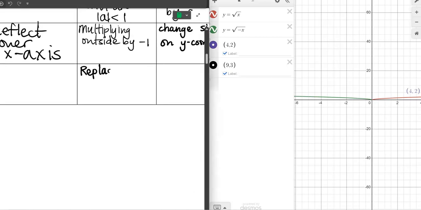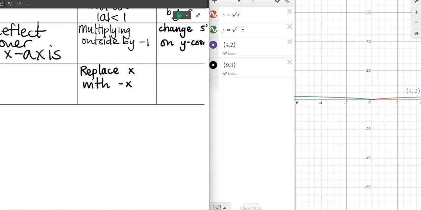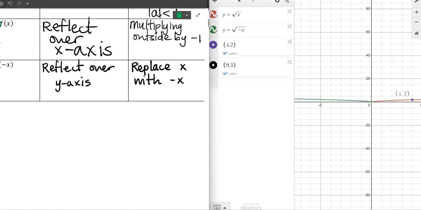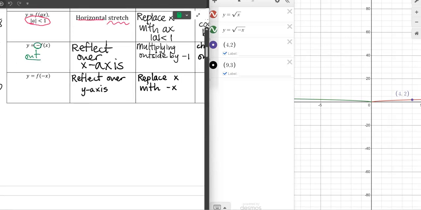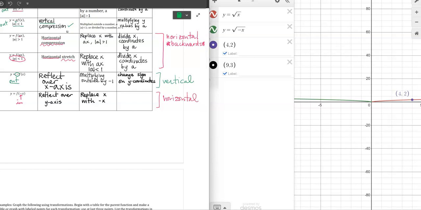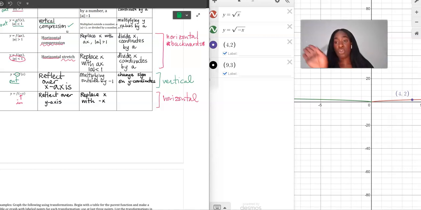And then we'll talk about what we see that happened to the graph to give us the new graph. Well, looking at the graph, we can see that the new graph has now been reflected over the y-axis. The graph flipped backwards, which makes sense to us because this negative right here is happening on the inside of the function. And we know things that happen on the inside of the function happen horizontally. And if you think about a horizontal reflection, something flipping over the y-axis,